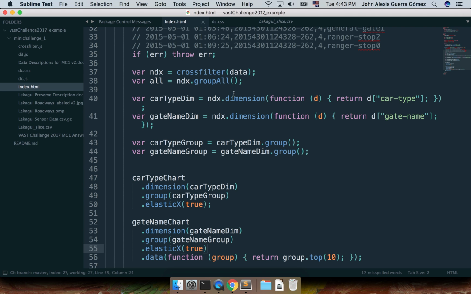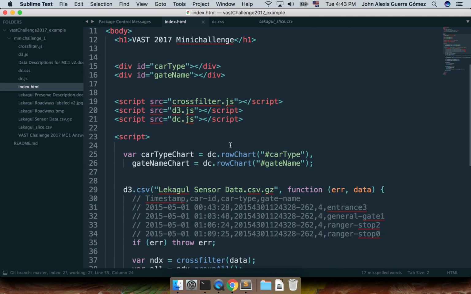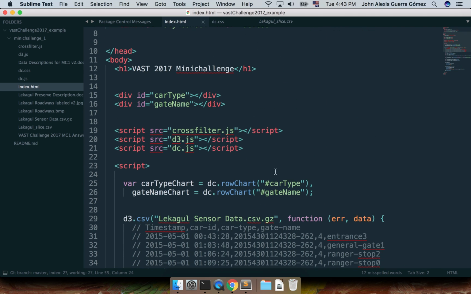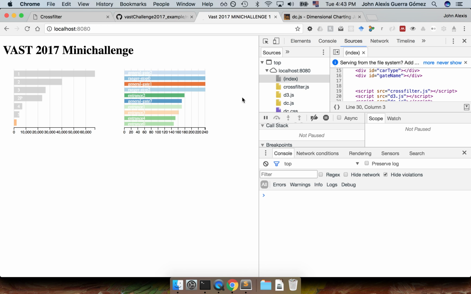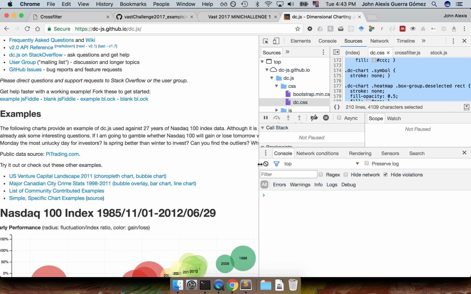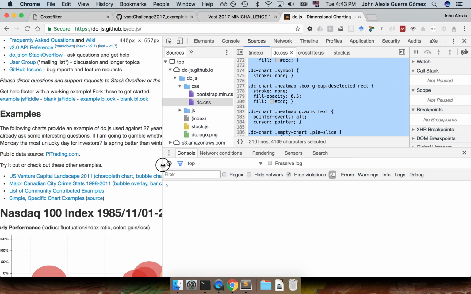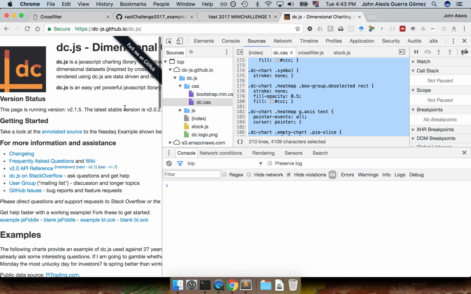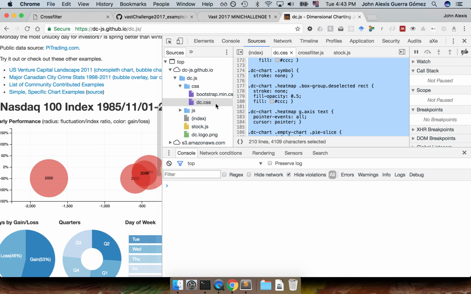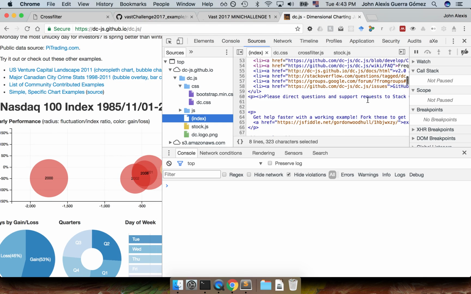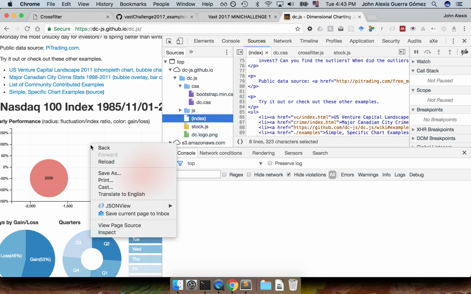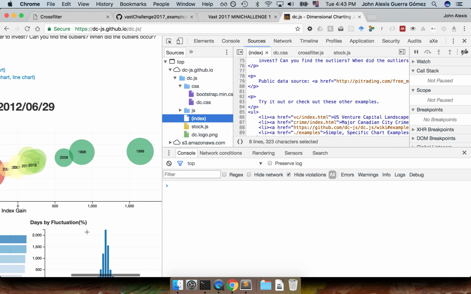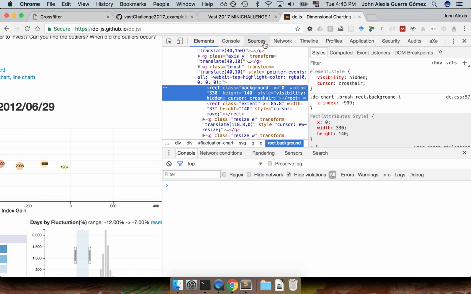The next thing is that it will be nice to see how many elements, or what elements I have selected. Actually DC.js has nice options for that. So I'm going to copy that from the demo that they have in here. I'm going back to their demo here, and then in the development tools, if I look into their index and take a look at this element in here and inspect that, or actually, sorry, in the sources,